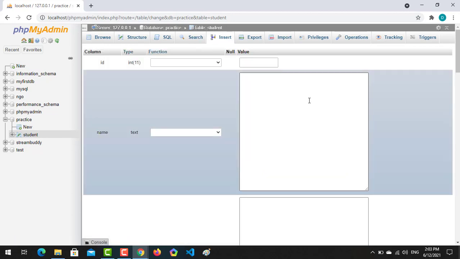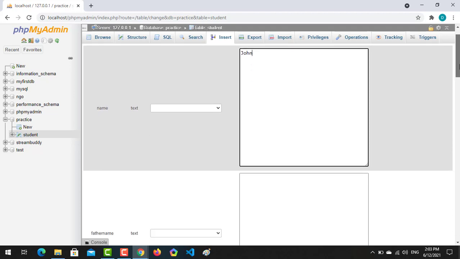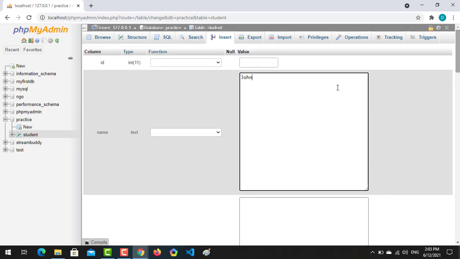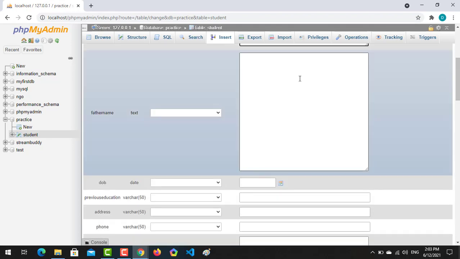In name we can write John, and you have to leave ID as it is, because ID is auto increment. I have already told you the concept of auto increment. So full name John Smith, and father name Smith Carter, John Carter.